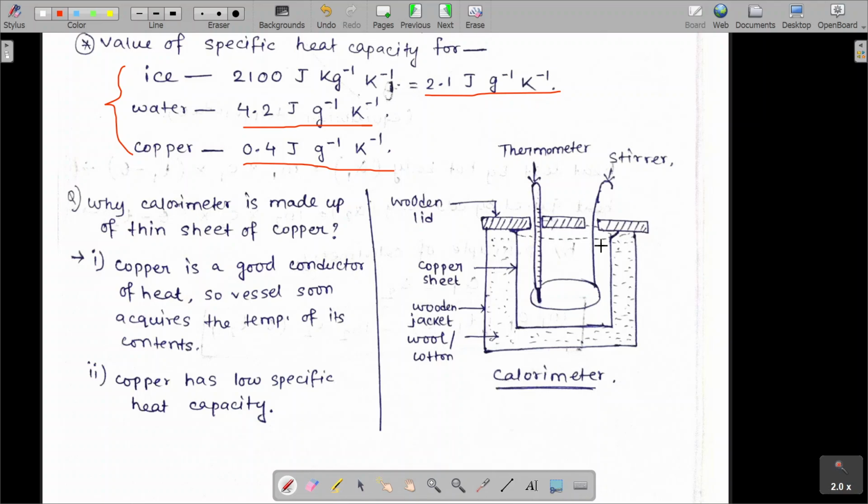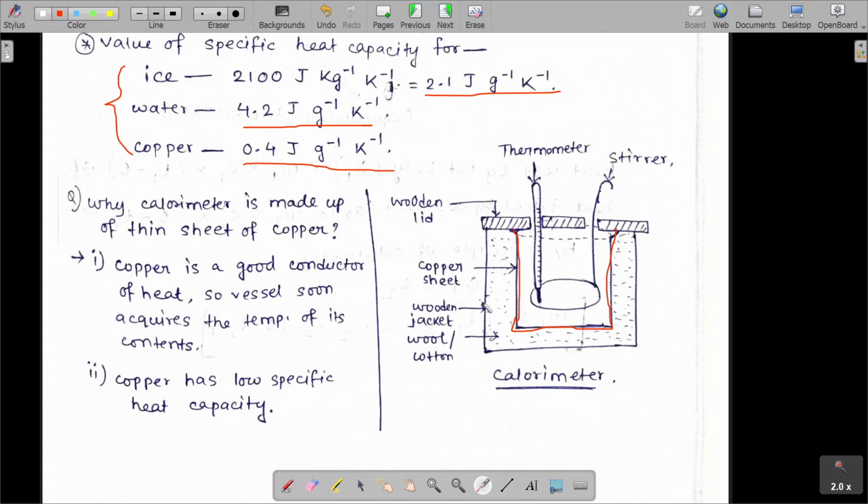And here I have shown a simple device, the calorimeter. For this, we have to take a thin copper sheet. This is the copper sheet; the internal part is a copper sheet, and we have to take it inside a wooden jacket. This is the wooden jacket. We keep the copper vessel inside the wooden jacket to prevent heat loss